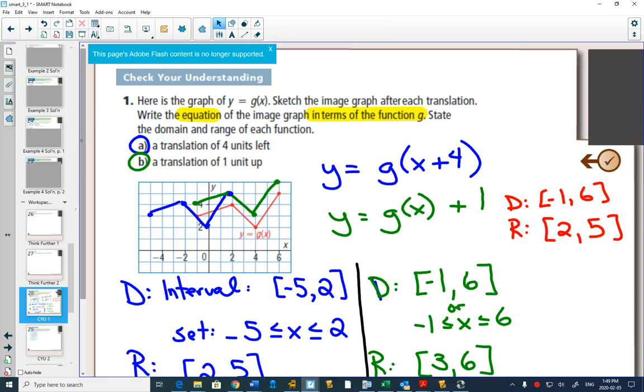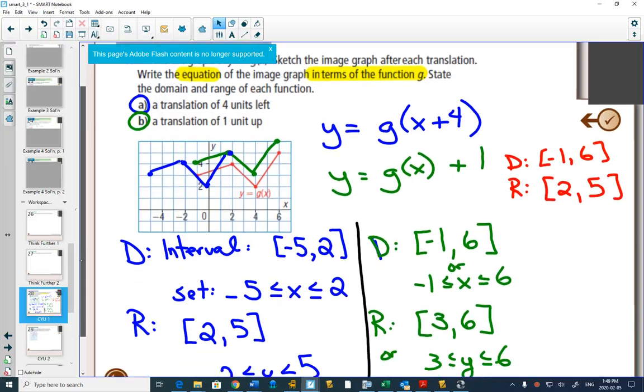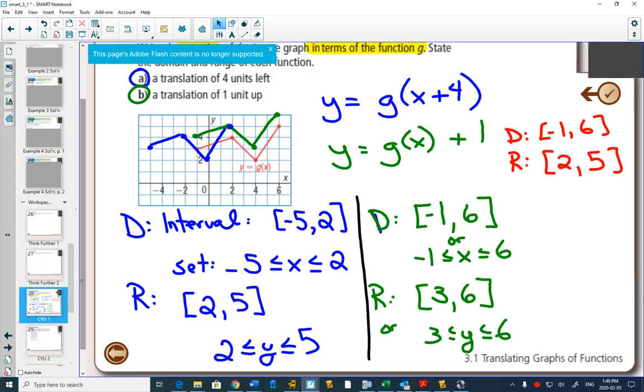But what's going to happen sometimes on the exam is they're going to say, what happens if instead of the graph, because that's what we began with, what happens if I just gave you the domain and range of the red one to start with? Could you get the domain and range of the blue one without the graphs? Okay? So the red one's the original. The blue one was moved 4 to the left. If I had this domain and range, could I get the new domain and range?